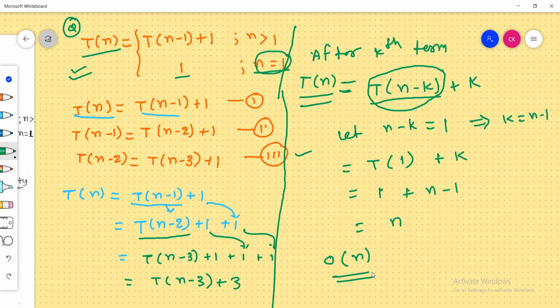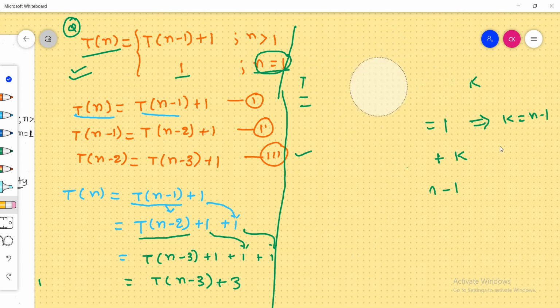Okay, I hope you got the point, and concepts will be clear. And if not, let me solve one more example. We will solve so many examples. So let's discuss one more example. But if you want the concept clear, repeat the video, and hope the concept will be clear now.